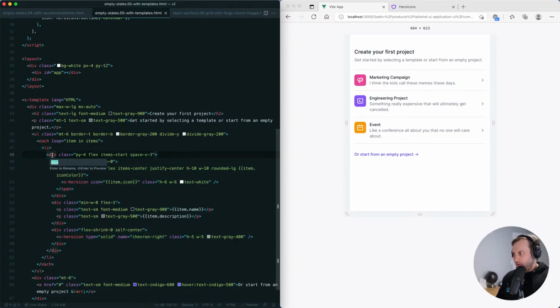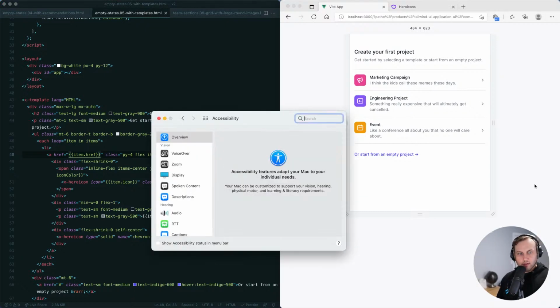You might just think, okay, well, we should make this the a tag and put in whatever it is, the item.href. And now you can hover over them, right? But if we go back to the accessibility panel,